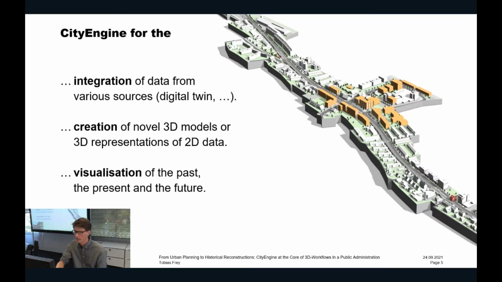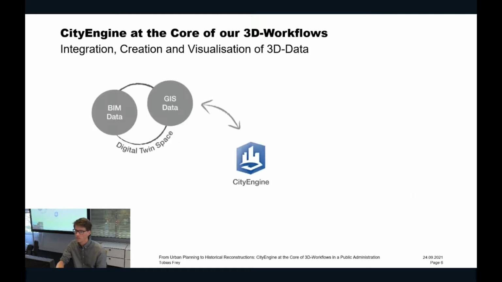But what does our workflow kind of look like? I tried to break it down to the core parts. So the first thing that we have, and it's mostly a source, but not always, is what I call the digital twin space. It's a lot of GIS data, some of it is 3D, a lot of it is 2D. There's building information modeling data, most of it 3D, of course. And we use that as an input to CityEngine, but sometimes also stuff that we produce in CityEngine goes back